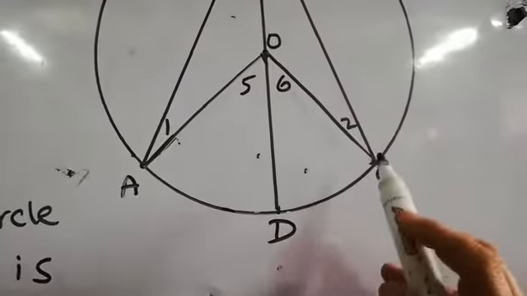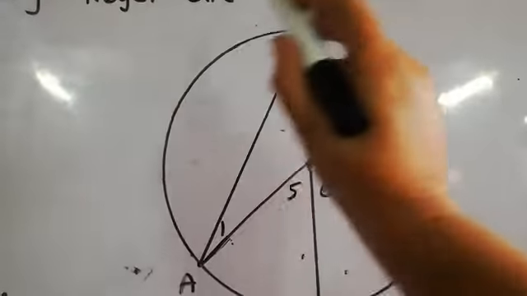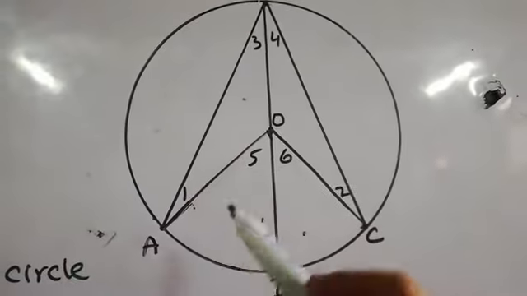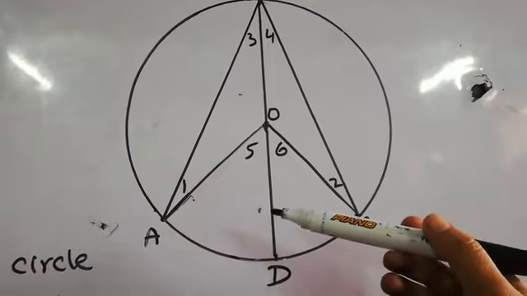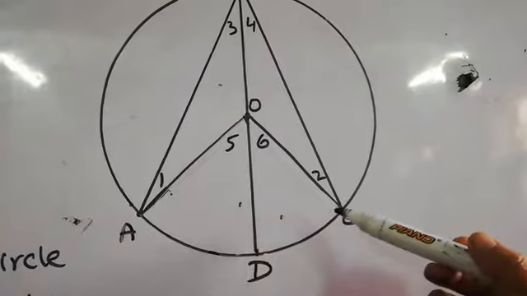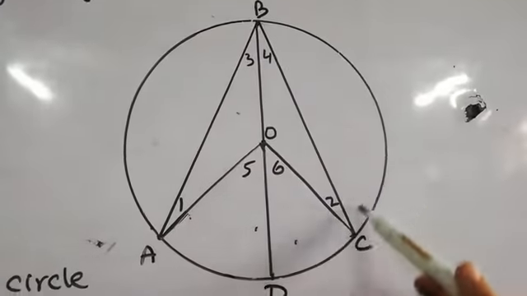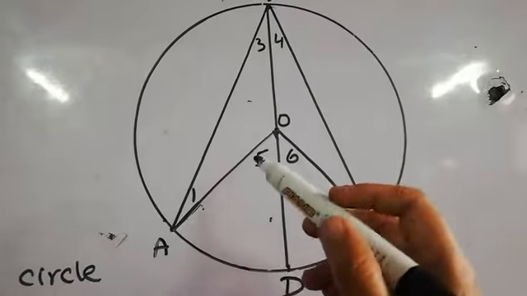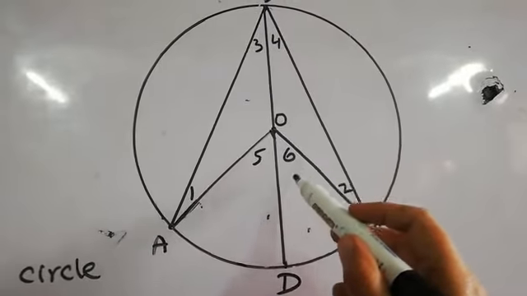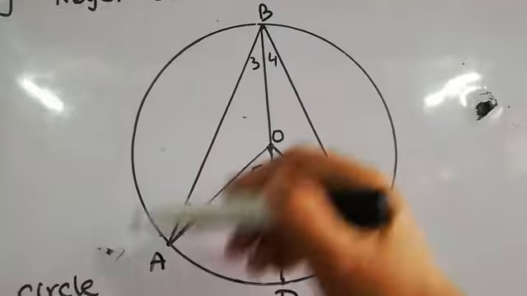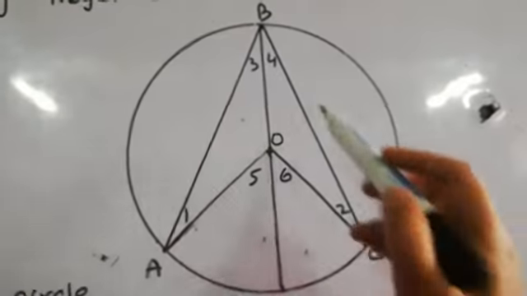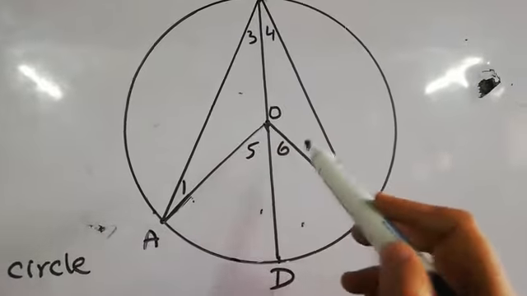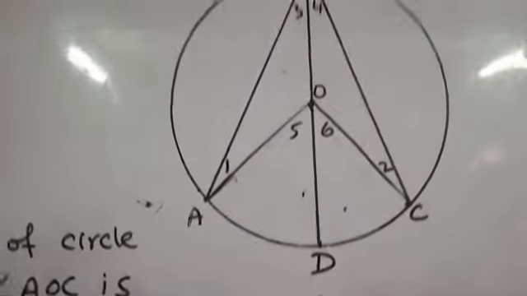Suppose AC is the minor arc, and then this ABC is the major arc. This is the correspondence of the minor arc. AC is a minor arc and ABC is the major arc. These two arcs correspond with each other, and we will prove that this central angle is double the circumangle, angle ABC. Angle B is the circumangle and angle O is the central angle. So after drawing